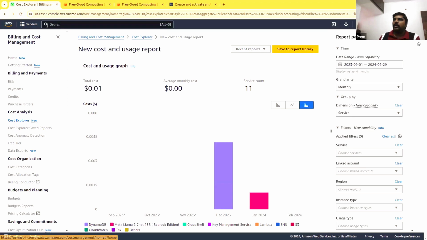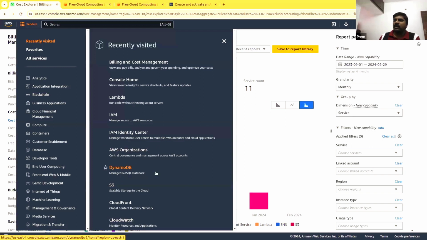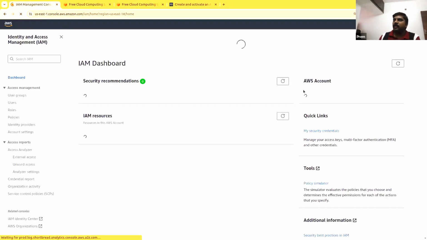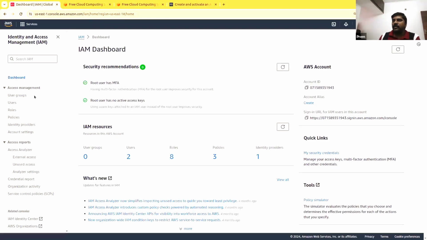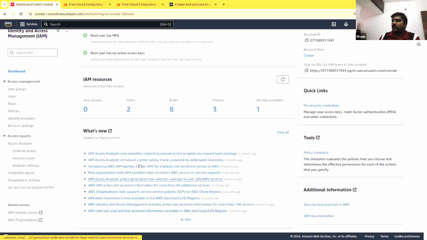Any questions until this point? So here is where you can find all these services. You can just click on them. If you want to know something about these things, you can click on those services, and there will be documentation available about that in the pages. So I am in the IAM page. You can see the different things that I can do here, and they have documentation about IAM, the recent updates and all.